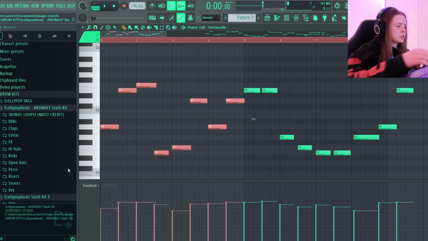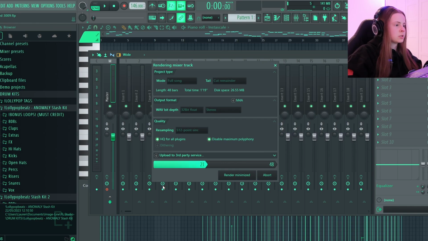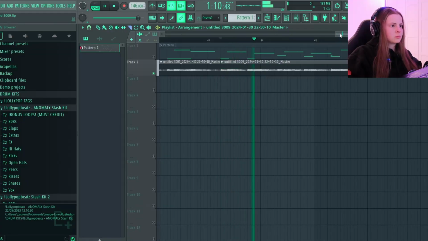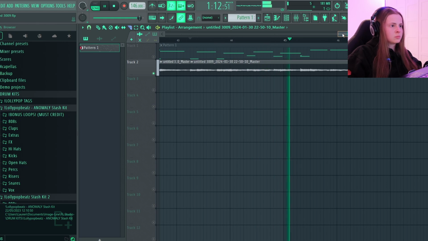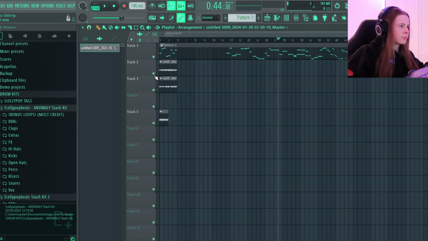I think that's a good starting point. I'm gonna render that out and then we can chop parts. You don't actually need a MIDI keyboard for this as well, you can click it in, but I really need to get in the habit of just playing in my melodies and experimenting. The 3 sections I've taken from that are